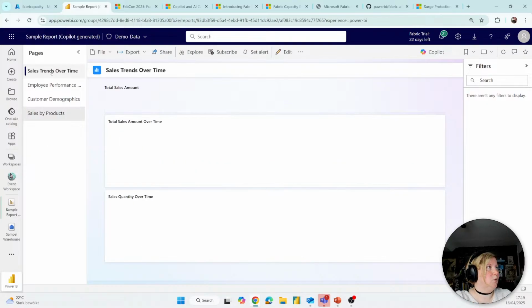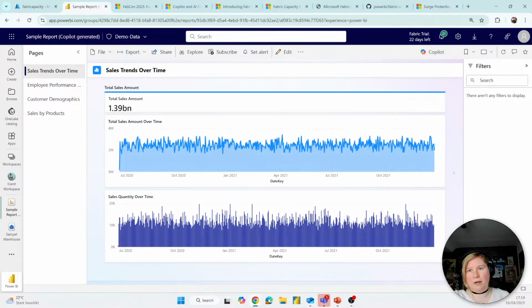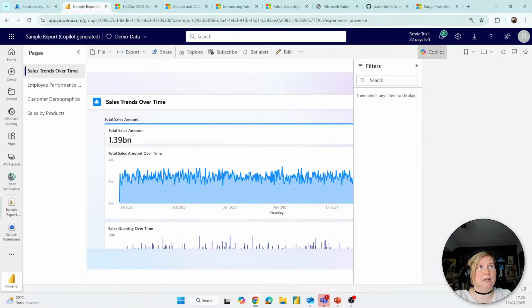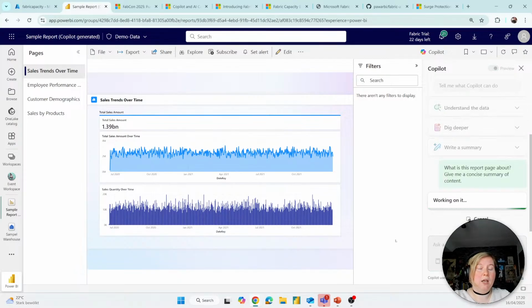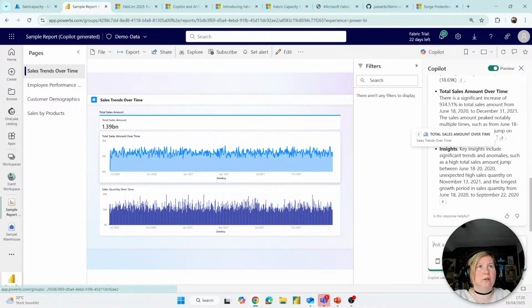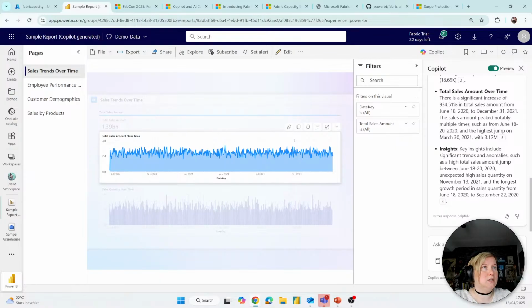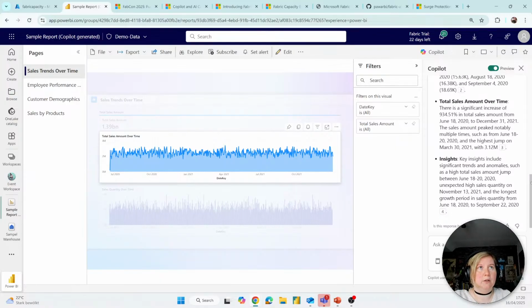Okay, then now let's see. We have two different Copilots here. First, we have the Copilot for the end user, which is here in the front. So we can click on Copilot and then say, okay, what is this report page about? This is more for a comprehensive summary, so that it digs a bit into the page and describes what is going on here. So maybe a description for your team or a management summary or whatever. This is more an end user thing, and it also marks the visuals, which it talks about here in the